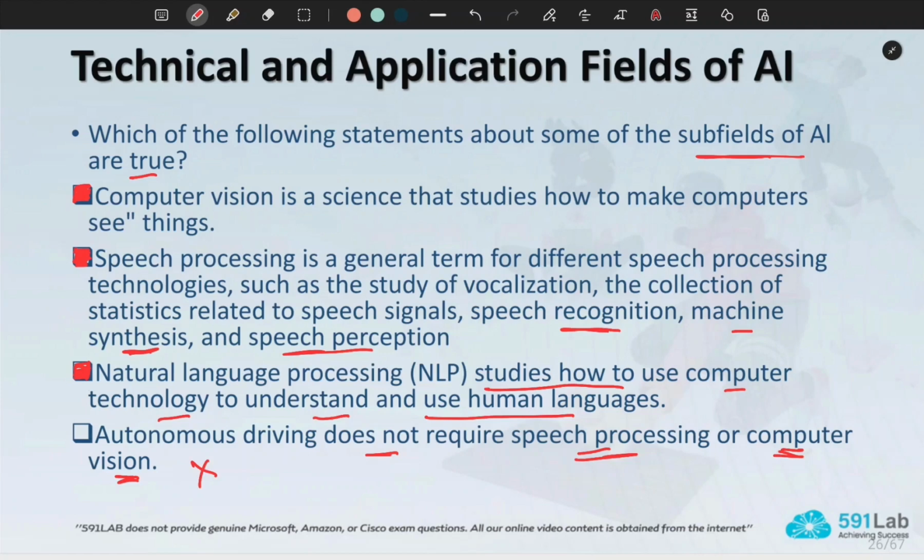So at least computer vision is important for autonomous driving, and speech processing is also one of the technologies included for autonomous driving.